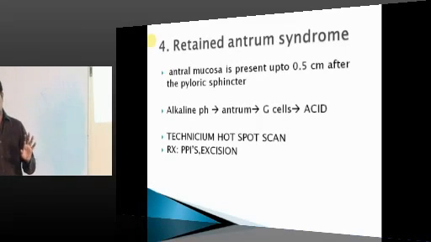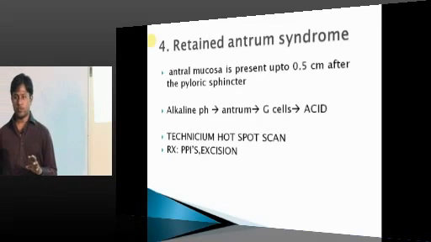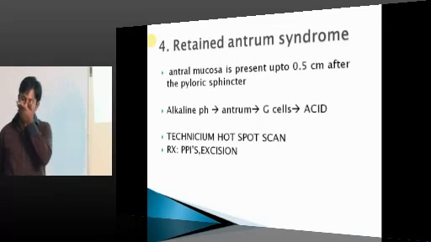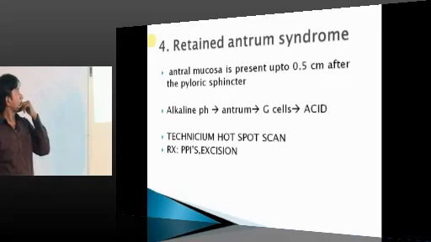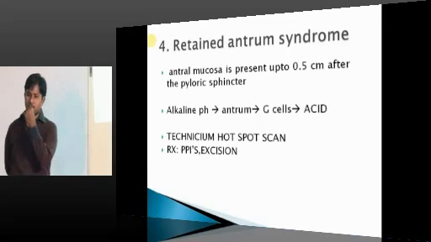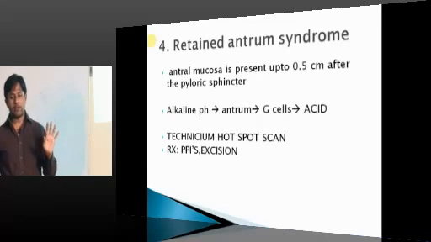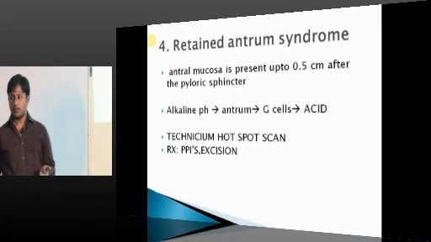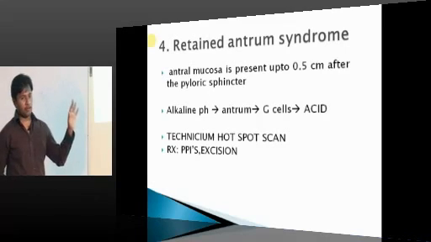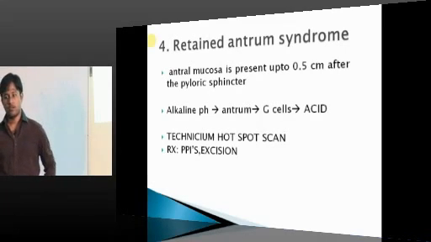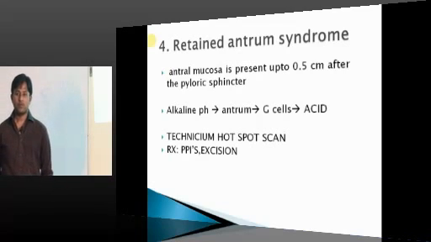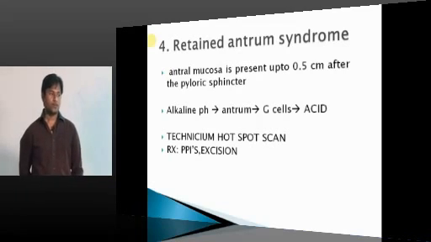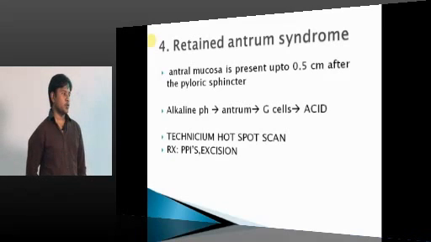Now you have to tell me the answers. What happens in a case of retained antrum syndrome? Okay, there will be hypergastrinemia. Right. Okay, so in which is it more common? BT1 or BT2? Retained antrum syndrome is more common in